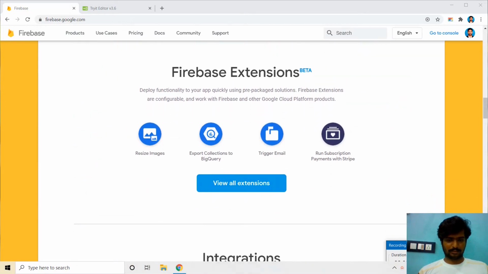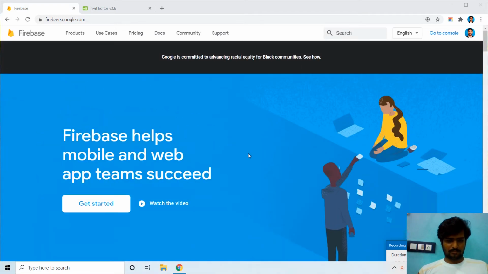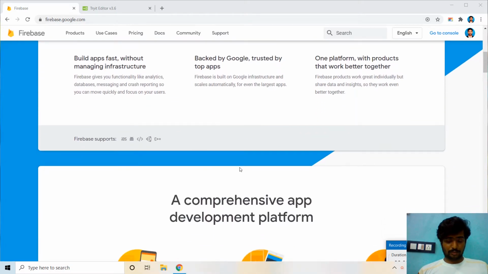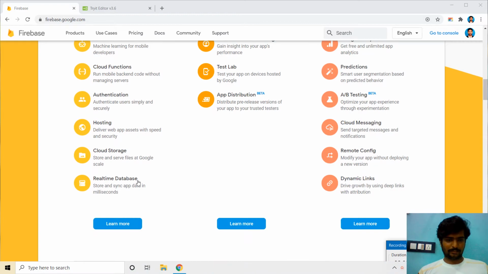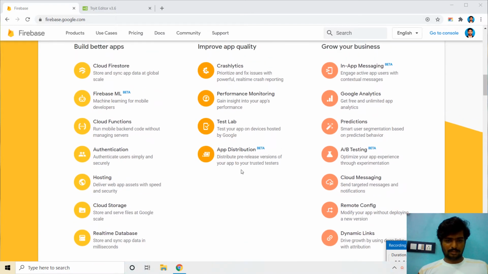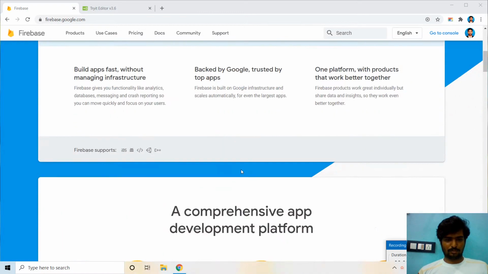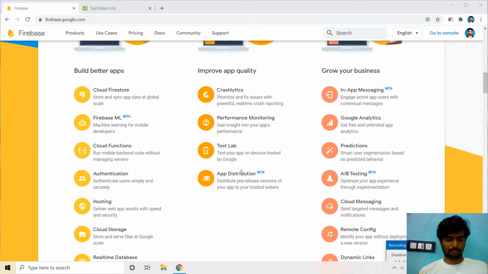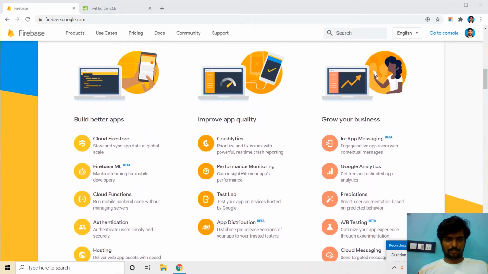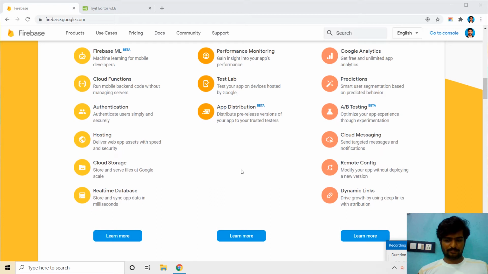As I said, in our real-time chat application we are going to use Firebase real-time database. Today I am going to give an intro about Firebase and the real-time database in Firebase. I think many of us may not know about Firebase and don't have any idea about it. So I'm going to walk through Firebase and real-time database.